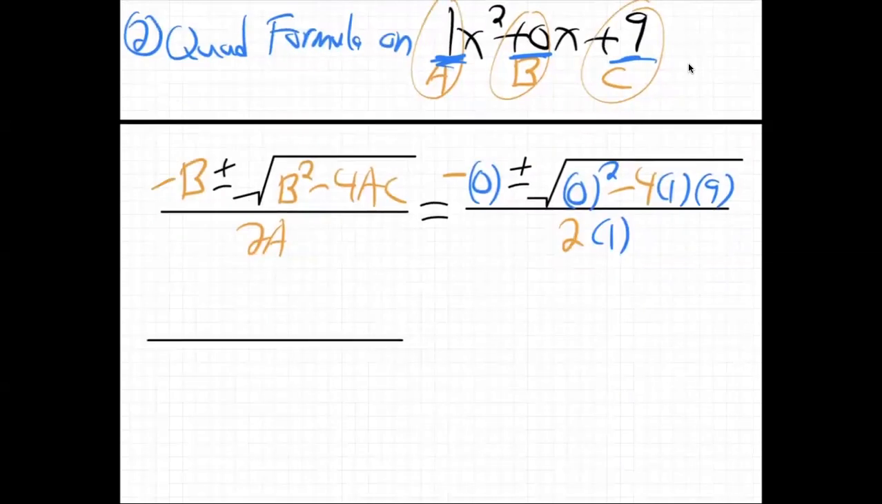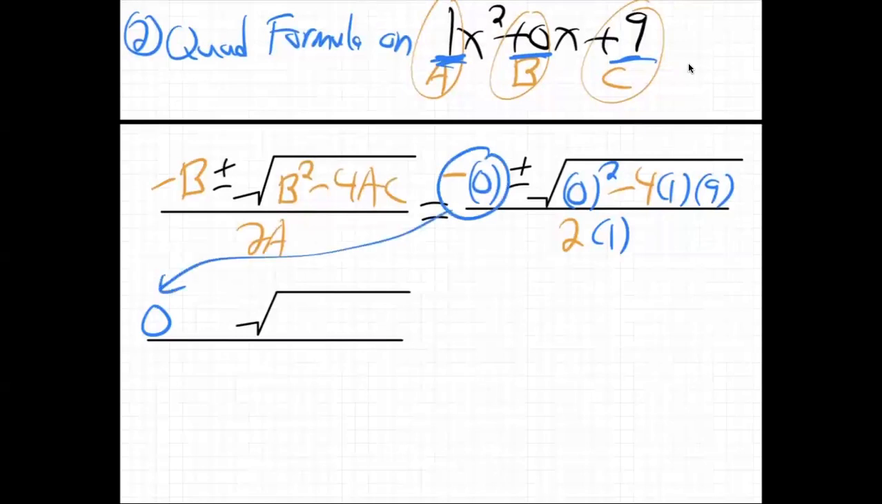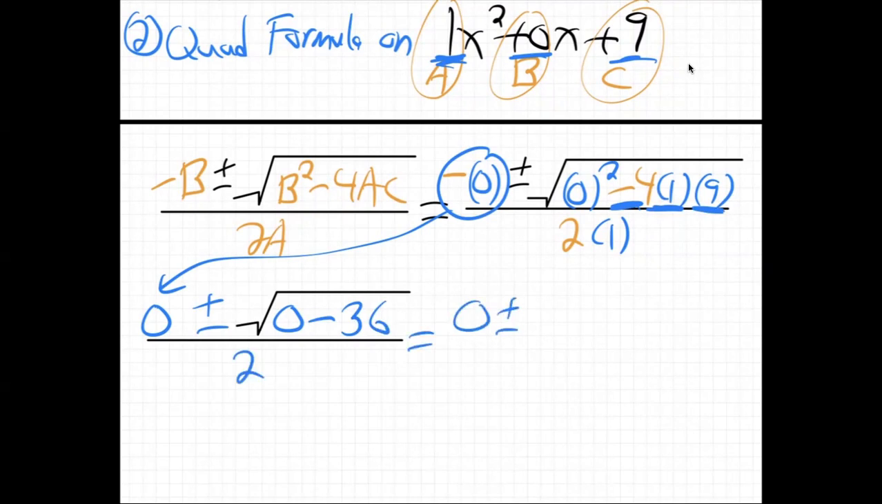Well, that gives us 0, right? Negative 0, that's just 0, plus or minus the square root of 0 squared, which is 0. Negative times positive is negative. Minus, what's that? 36, all over 2. And so that is 0 plus or minus